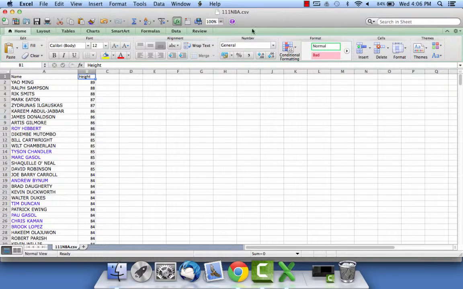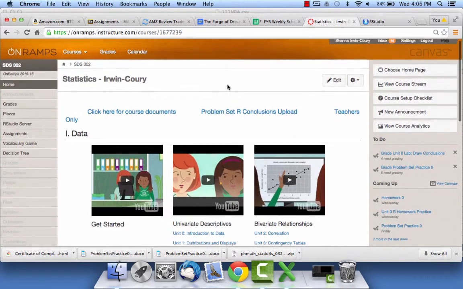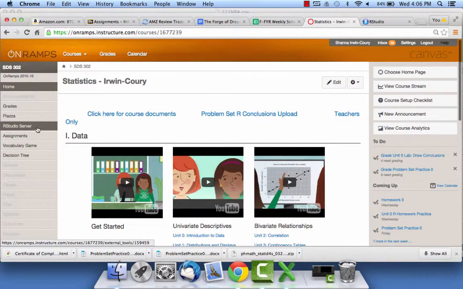Okay, so I've saved it as a CSV. So now I want to go to RStudio, and I don't want to go to RStudio by a method other than here. If you download RStudio, you don't have the packages from UT, you don't have the data from UT, and